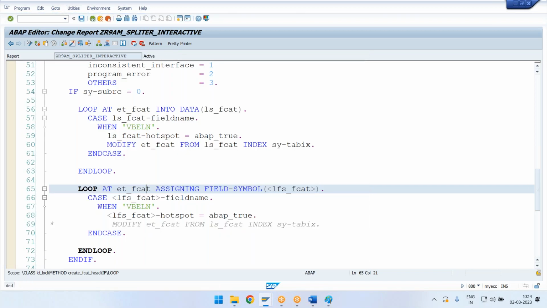Now I have created my program and my class implementation, but I didn't write any logic for your set handler method. I want my sales order header details, my sales order item details, whatever field catalog I want, I have created it. So that is what I have done. Now what I will do,